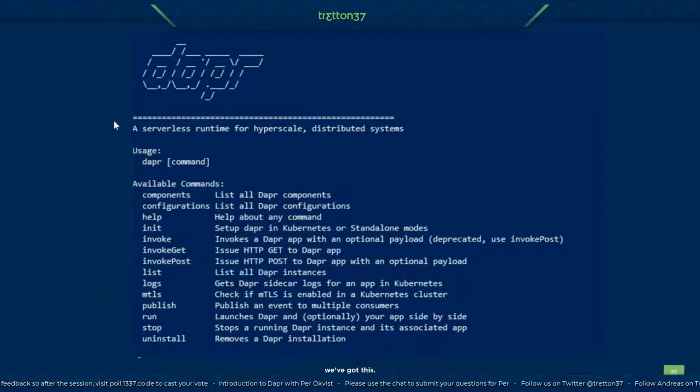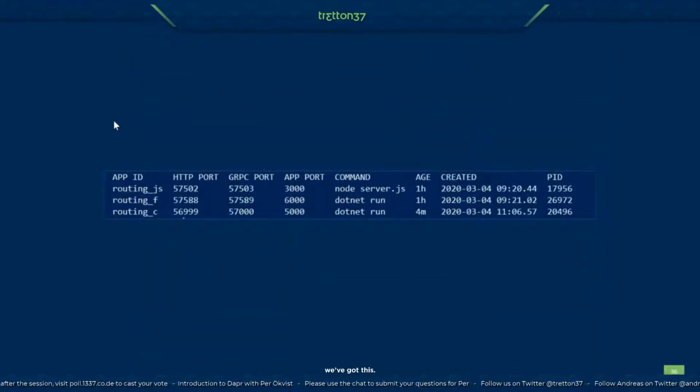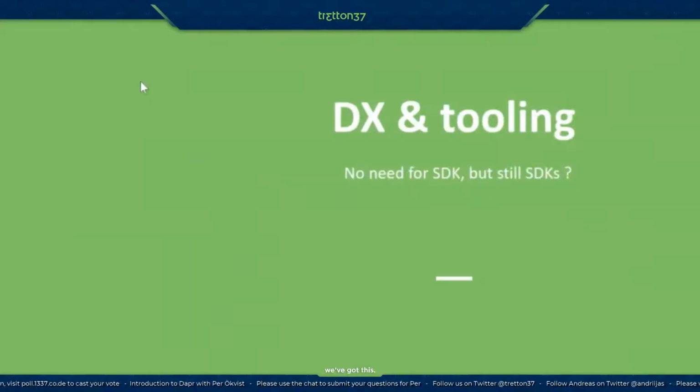You just run your Dapprized applications through the Dapr CLI, and then you could start to publish or invoke things through the CLI to test your service or application. And of course, you could also list every service that is running, and here you see the different ports for HTTP and gRPC, and the name and what command has executed that application.